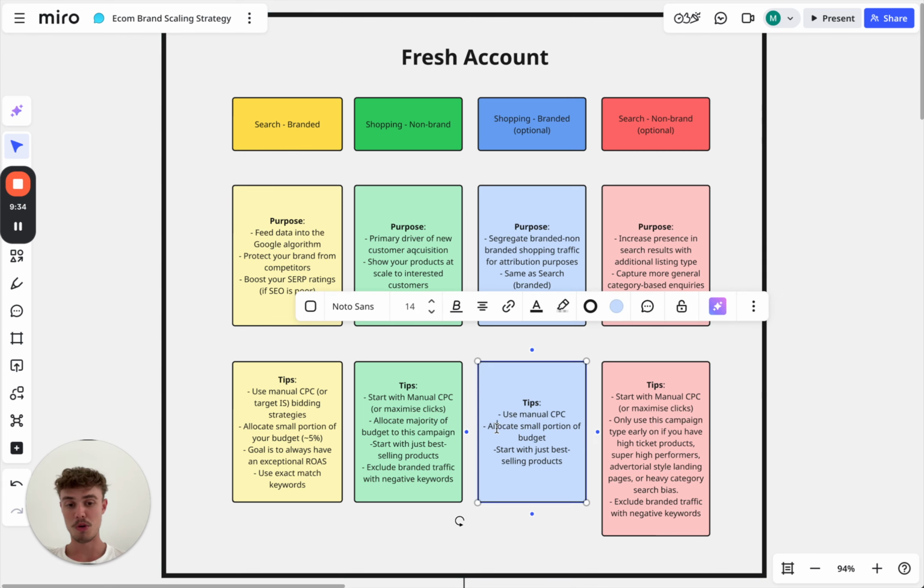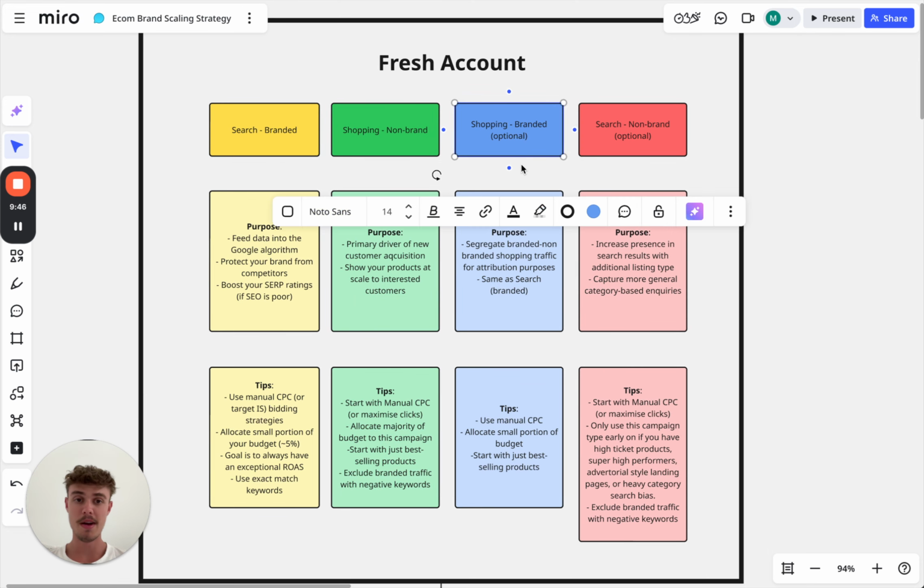Again, this is only a small portion of your budget that you should be allocating here. Once again, it should have a really high efficiency, similar to search branded, and you should start with just your best-selling products. And the primary way that you create one of these branded search campaigns, or branded shopping campaigns rather,